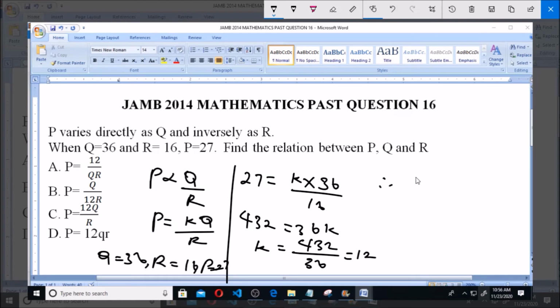Now therefore the equation connecting P, Q and R is that P is equal to 12Q all over R, and that